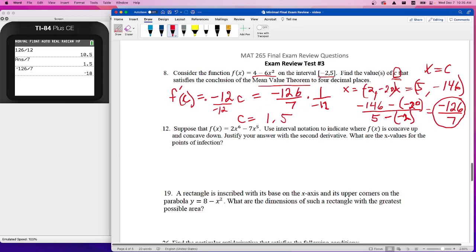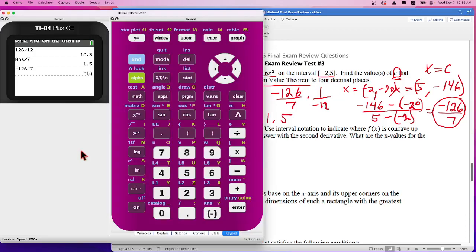It's that the derivative at 1.5 is negative 12 times 1.5, which is negative 18. Okay, the way we're going to see this, I'm thinking through this as we go,